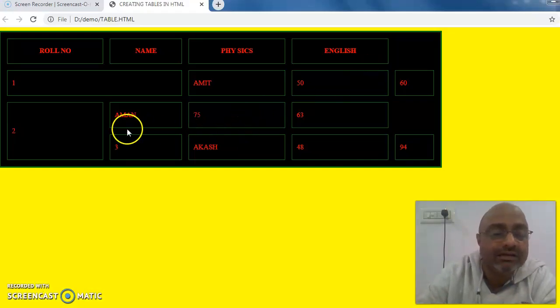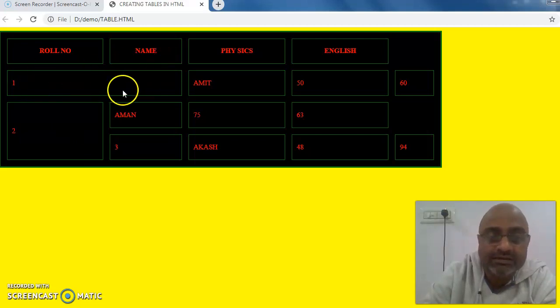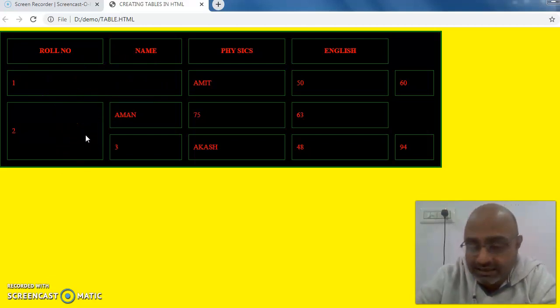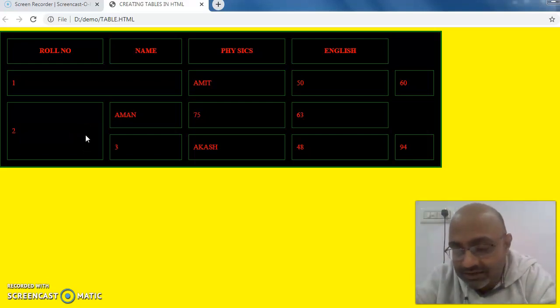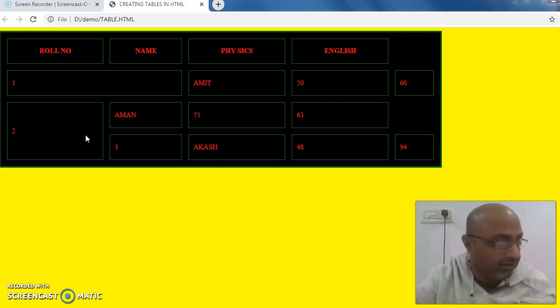So notice, children, this time these two rows have been merged together or attached together. So col span is joining two columns together and row span is attaching two rows together. So this is how you attach or merge more than one cell either vertically or horizontally.